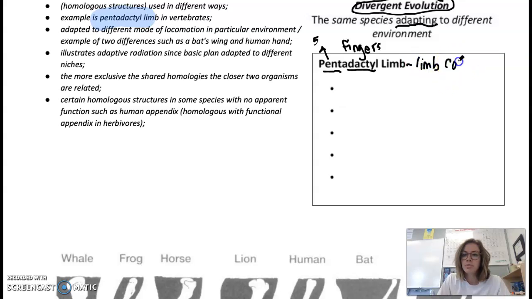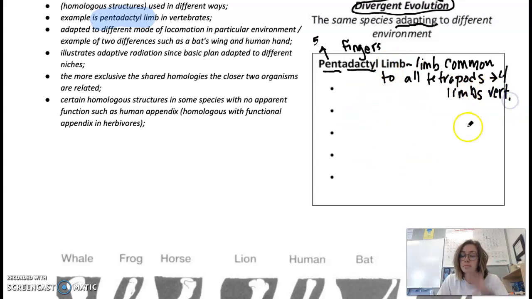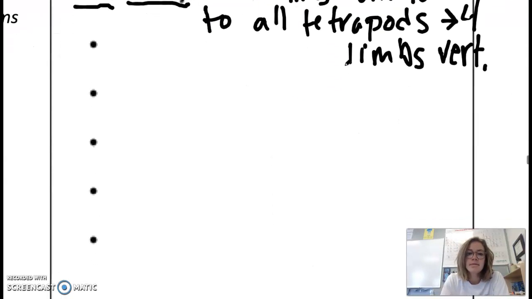That are common to all tetrapods. And when I say that word tetrapod, I'm talking about 4-limb vertebrates, right? So anything that has 4 limbs and is a vertebrate. Put that there too, because that's important. So 4-limb vertebrates. Anyway, in the pentadactyl limb, what we are going to see, zoom in so we can get